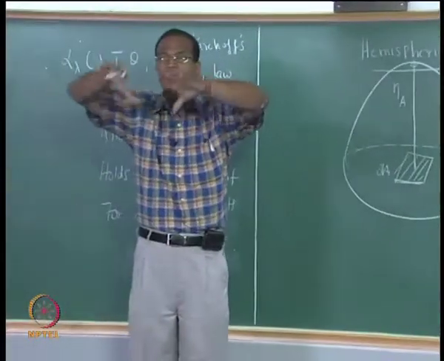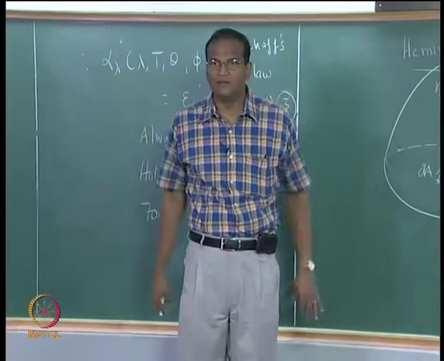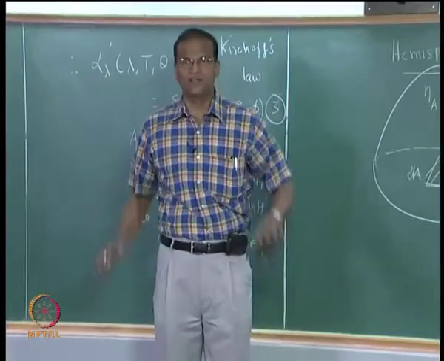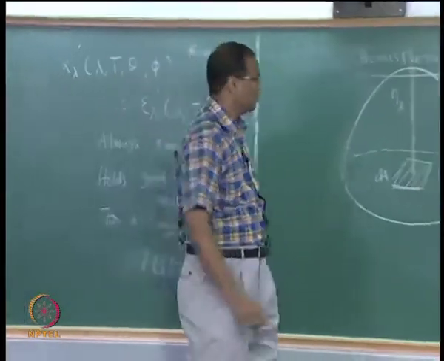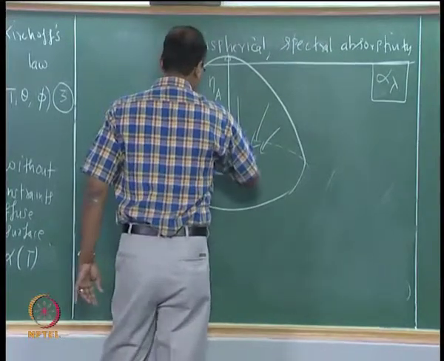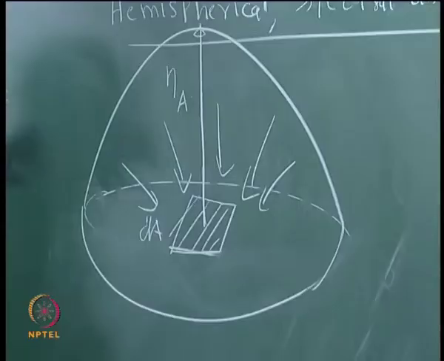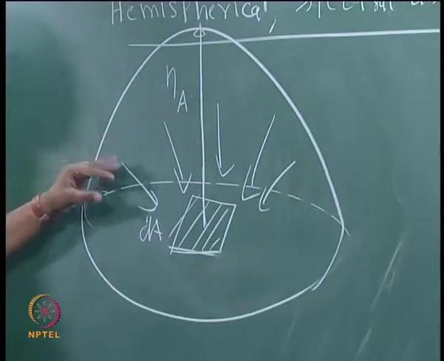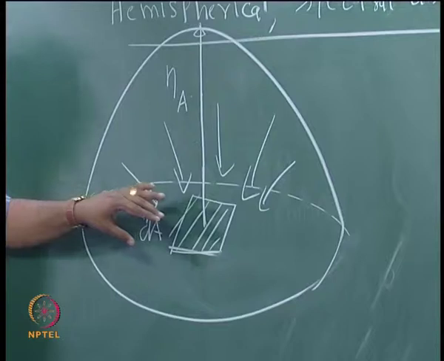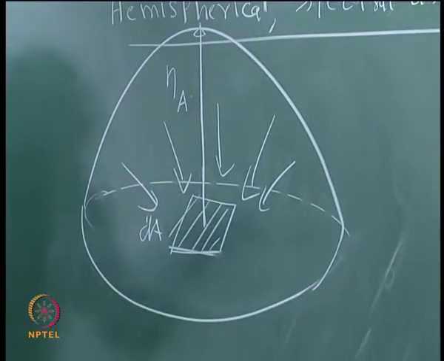I am considering the hemispherical space above the dA. Now radiation from the hemispherical space is coming on to this object and falling on this object. So it is coming like this. What is the total radiation which is coming from the hemispherical space which is falling on this object in a particular wavelength interval,